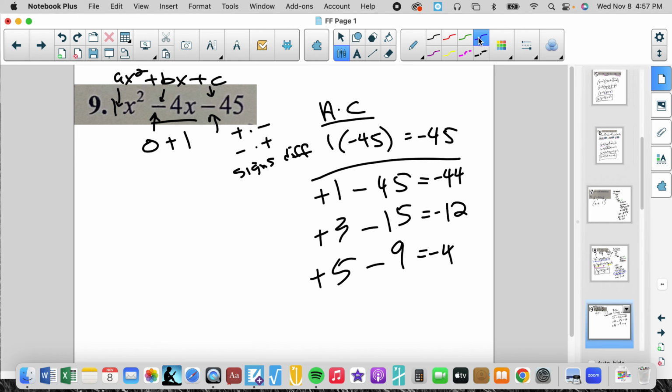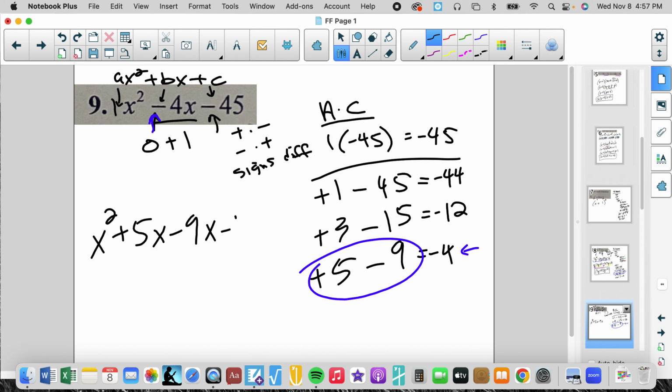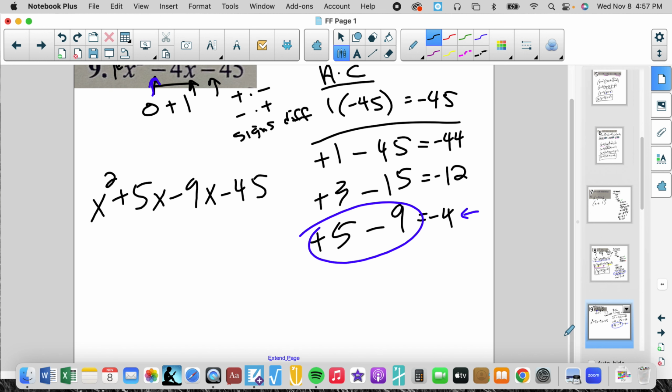Which one is equal to my middle term? That is negative 4, so 5 and negative 9. I'm going to take these two values and rewrite x squared plus 5x minus 9x minus 45. Now the variable for this is always going to be this variable, and that'll be important as these problems become more complex. So now we're going to factor by grouping. We are going to factor out an x,